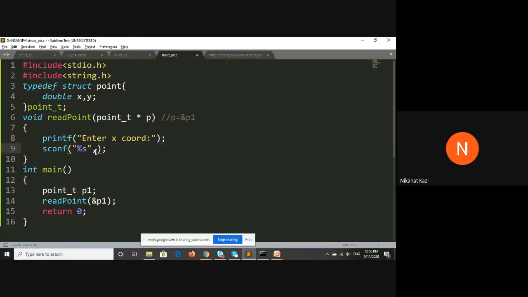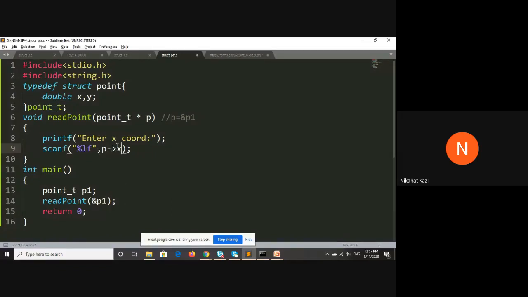this example demonstrates how to use structure pointers as parameters to functions and use them effectively in a program. So percent, since it is double, %lf. Now, to access the individual components, if it is a pointer type, what will you use? You will use the arrow operator, which is nothing but a hyphen followed by the greater than symbol. So this is the arrow operator, and you will have x.